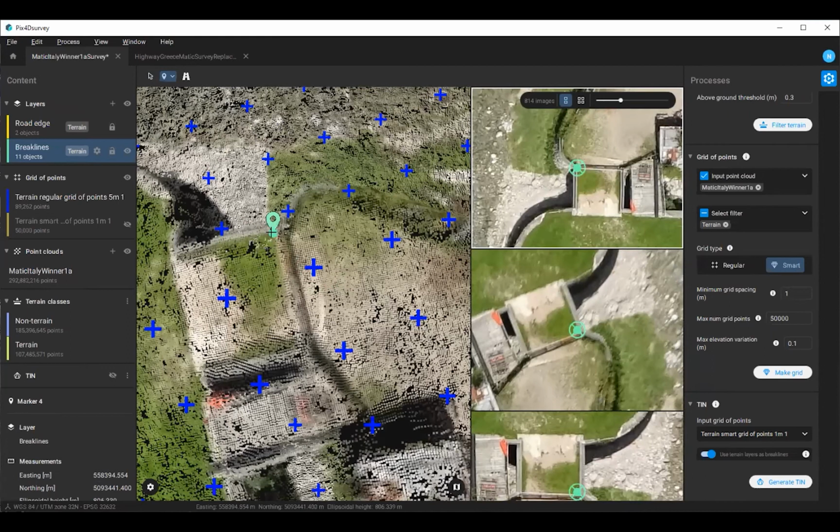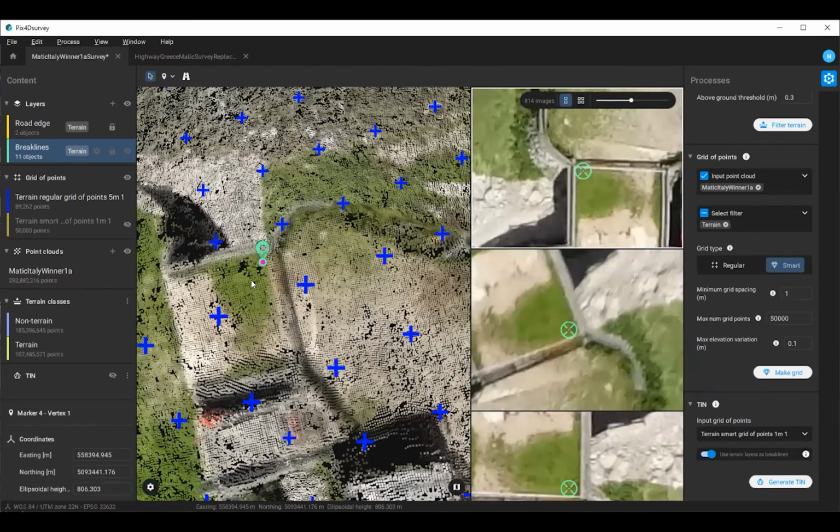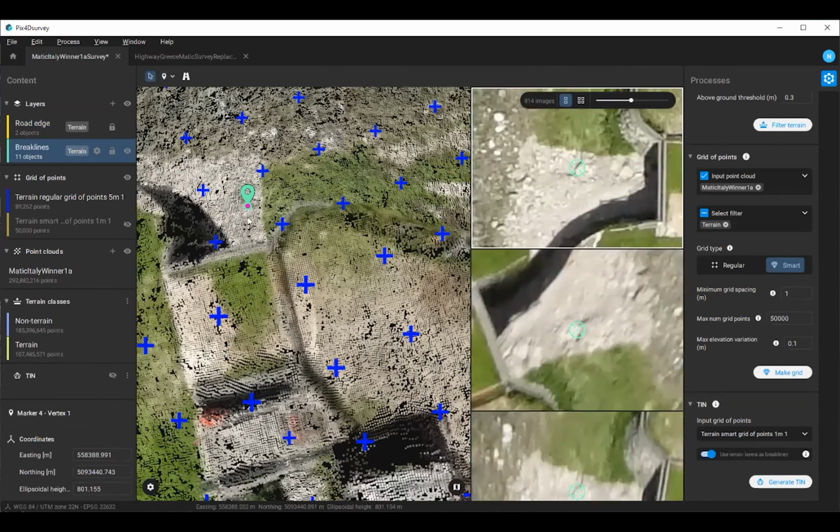You can also, I should mention, see what you're doing as you're modifying all this stuff in the point cloud. It does update live in the images. So you can see here, if we move it over to, oh, let's put it on that. Sorry, I'm looking too many places at once here. Let's put it on a rock where we can really see what we're up to right there. That's a nice rock down in the